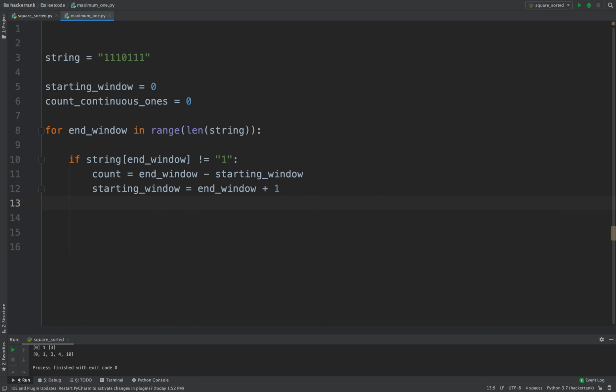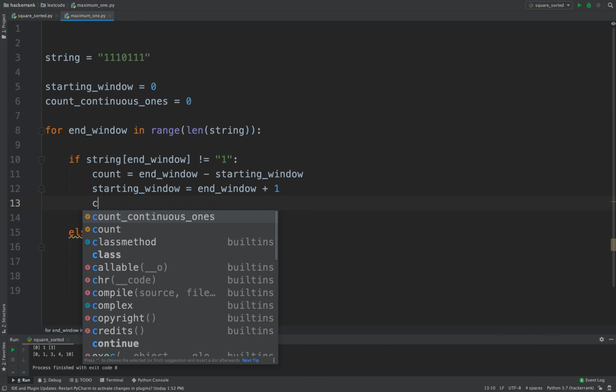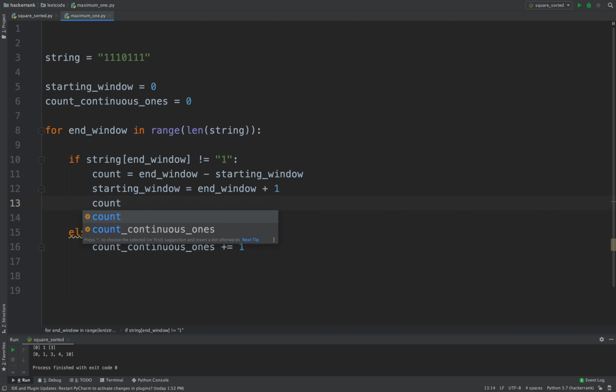Okay, and you have the count, you have this, else we count the continuous ones to 1. Okay, once that's done, you reset it, because there is no continuous one happening here, so you reset it.